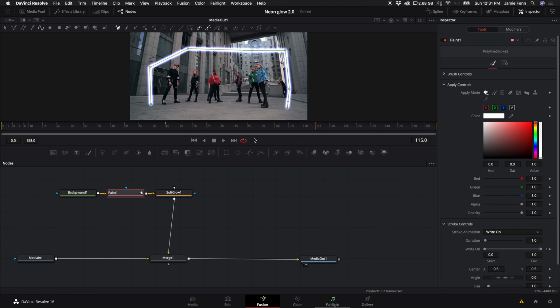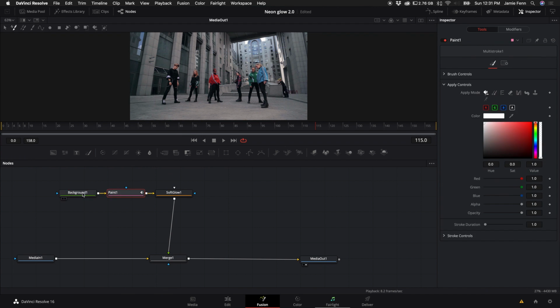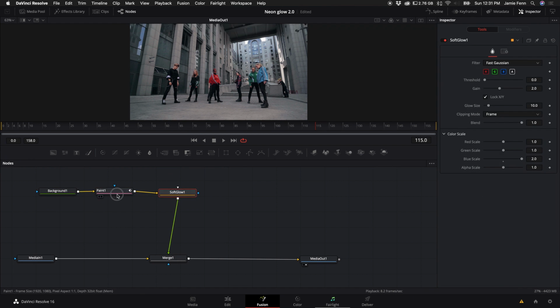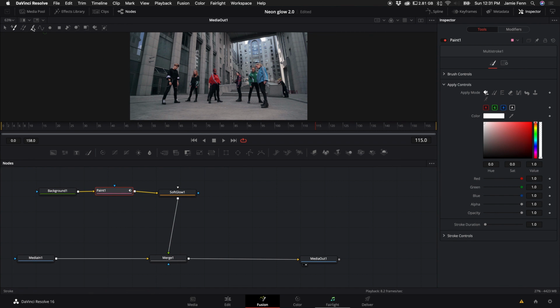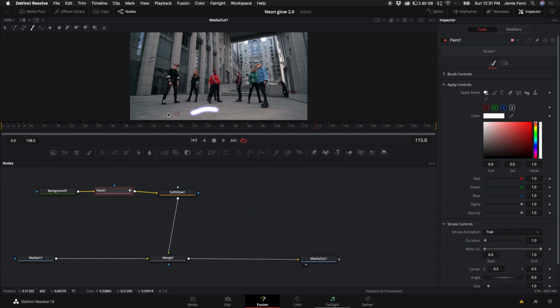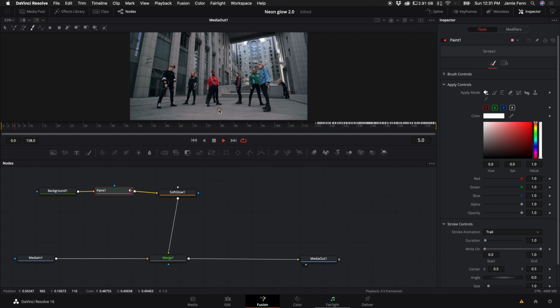Another really fun thing you can do is, I'm just going to add another paint node just to start fresh. Come up here, make sure that this is selected, and I'm going to select trail. Now I'm going to start at the beginning of the clip, and I'm just going to go wee again. And now you can see it has this ball that you didn't really even have to draw. And it also didn't start at the beginning of the clip,